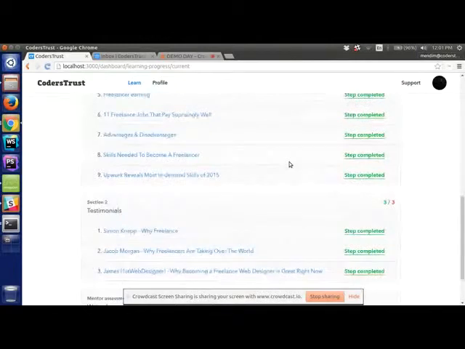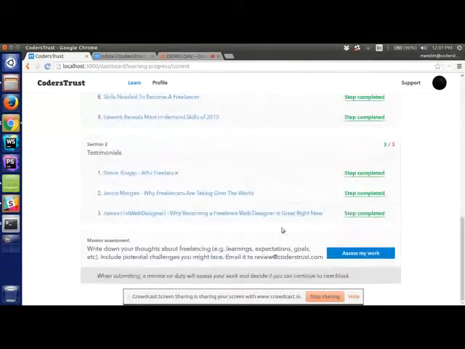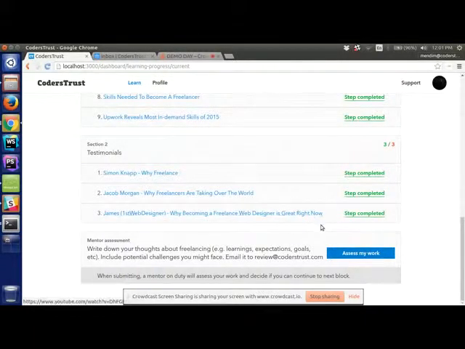So after I completed the two sections, I can now make a request to a code mentor to assess my work. And when I click assess my work, an intercom chat will open, and on the admin panel of this platform, we will see in this student's profile that this student has made a request to assess this block. So first, I'm just going to click assess my work, and you will see an intercom chat opening.